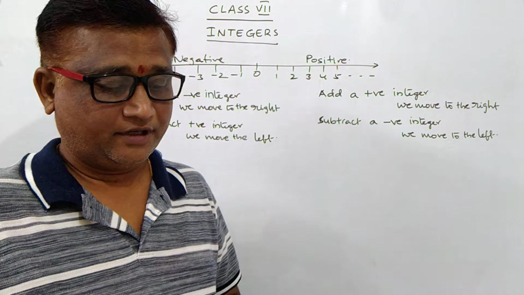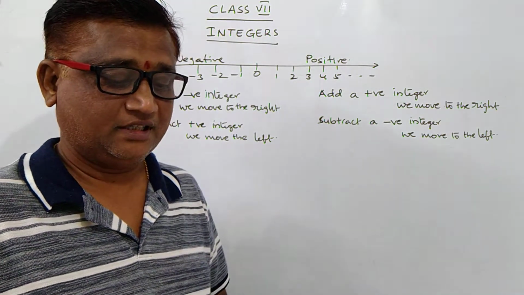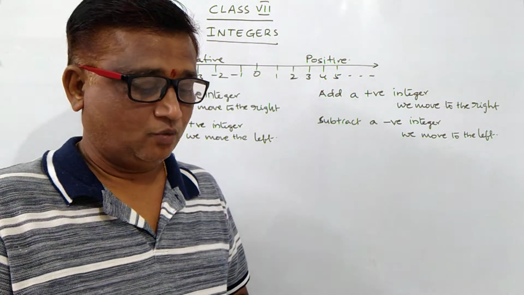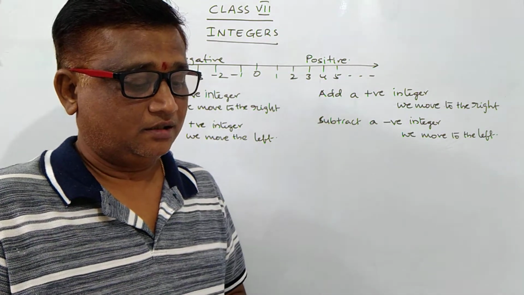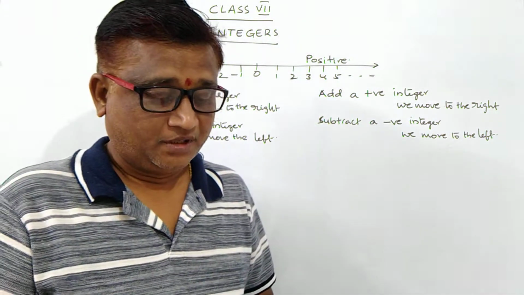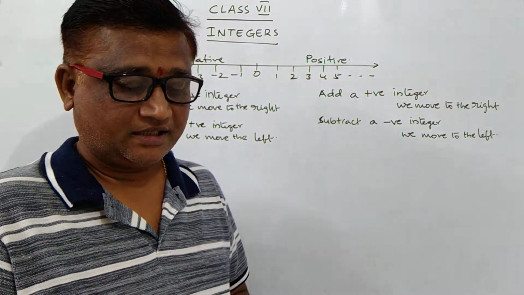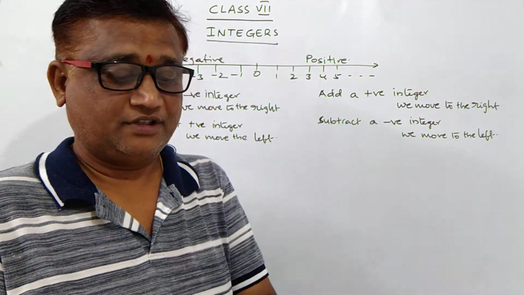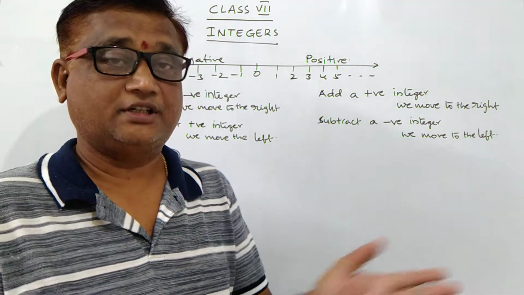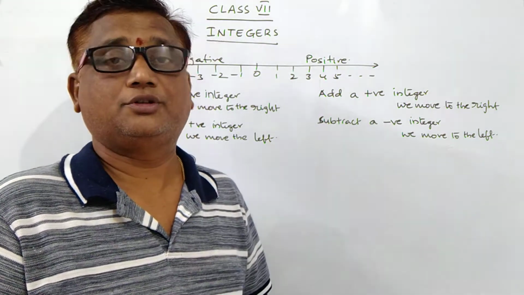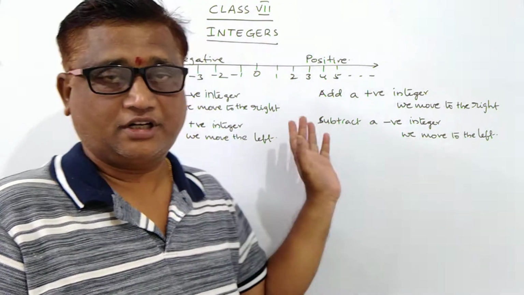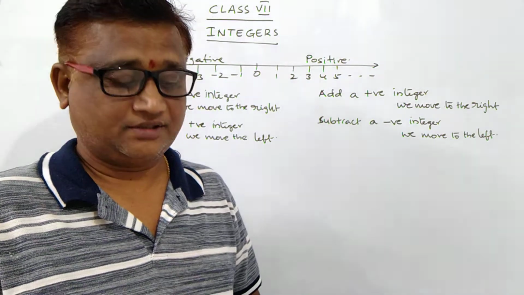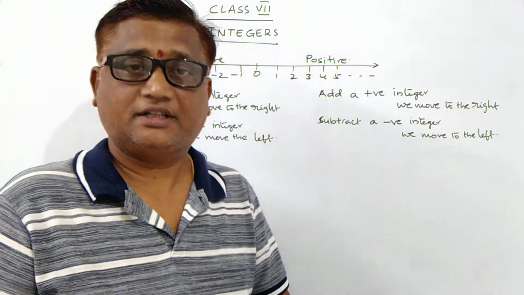In the first question, the following number line shows the temperature in degrees Celsius at different places on a particular day. Bangalore, Ooty, Shimla, Srinagar and Lahaul Spiti are given. The question is: observe this number line and write the temperature at each place marked. Here Bangalore is 22 and Ooty is 14 degrees Celsius. It is above 0, that is the right side. So the right side is positive and the left side is negative. Like this you write the answer for Shimla, Srinagar, Lahaul Spiti.